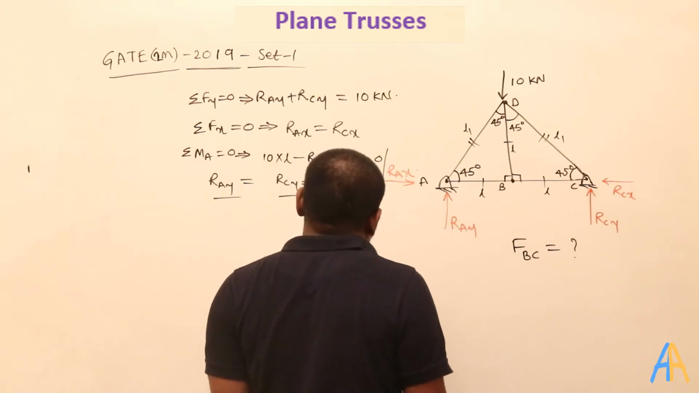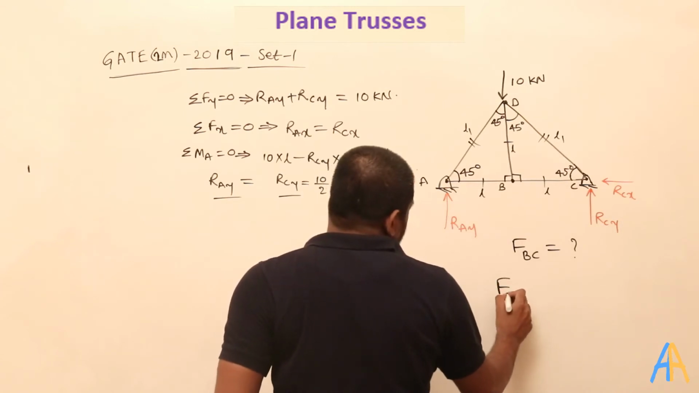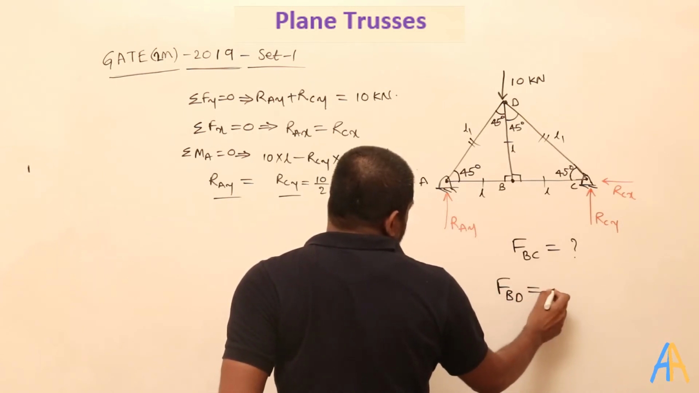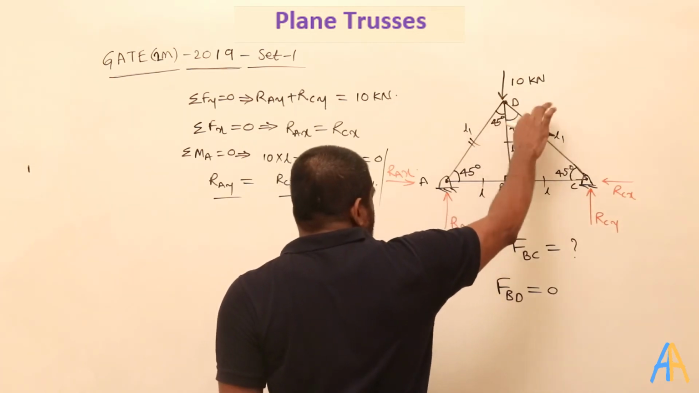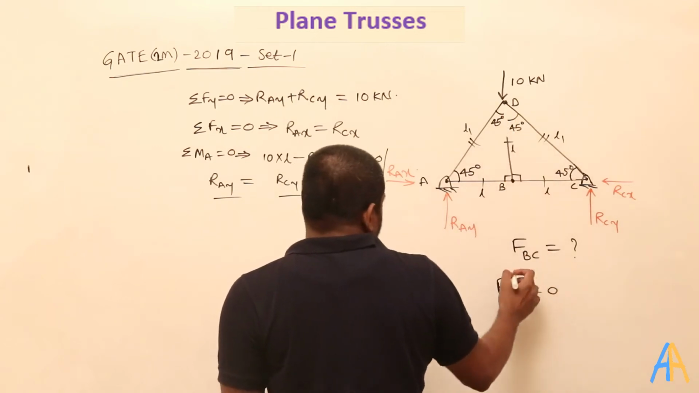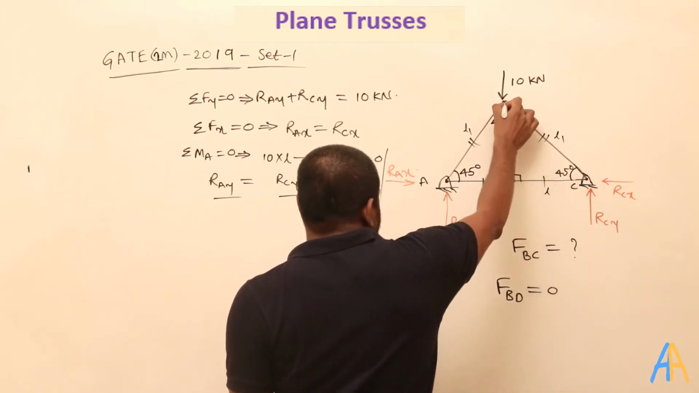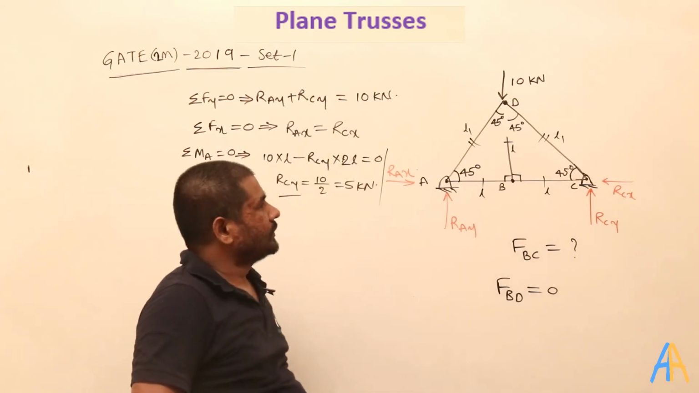So how can I find out this? The only way is here. What is the FBD? FBD here in this case will become 0. Why? Because this is a triangle, so these two members will take the forces. So this will become 0. Okay, FBD is becoming 0. So what is happening? If I take the junction D here,